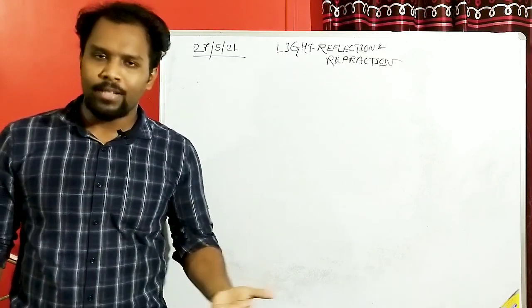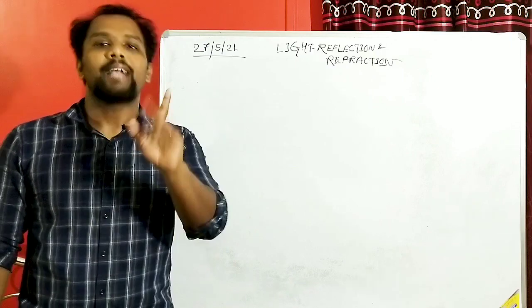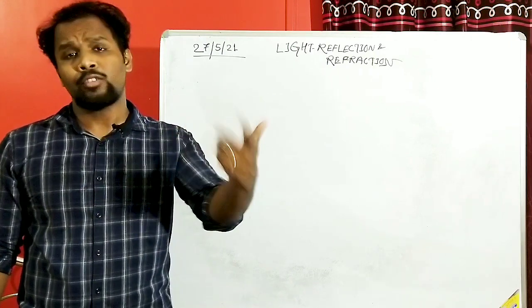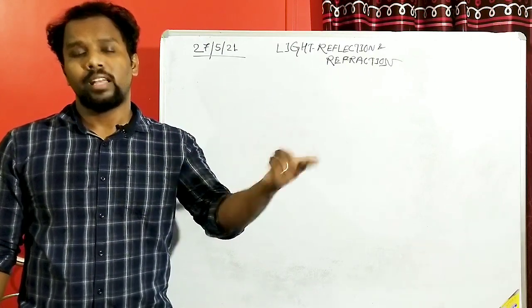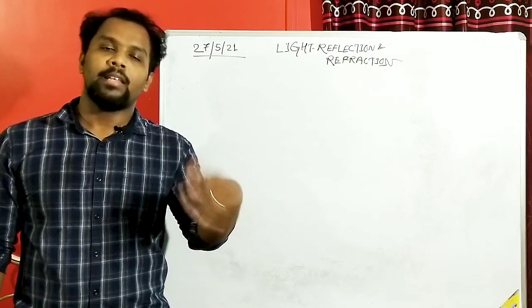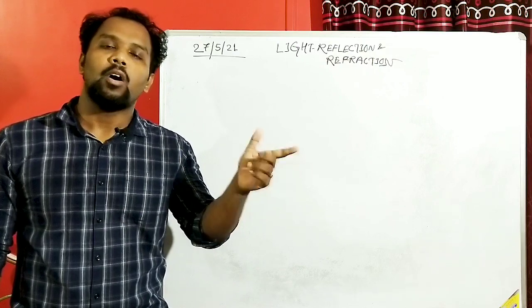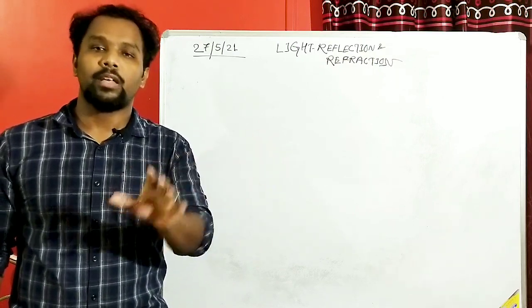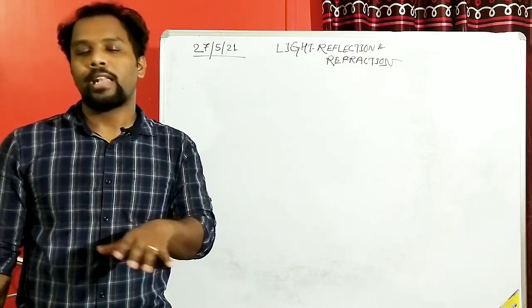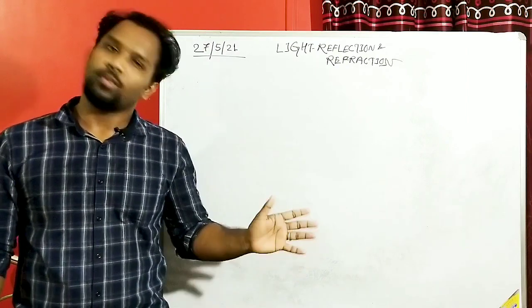In case of the convex lens, we got 6 positions, okay? Except one position, the rest of the 5 positions give us a real and inverted image. And in the last position, where we place the object between the focus F1 and O, we get the image in the direction of the object, right?